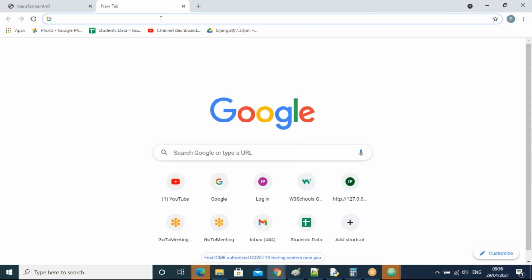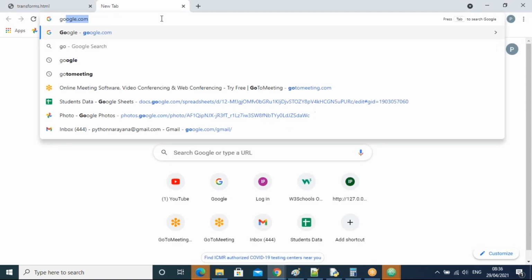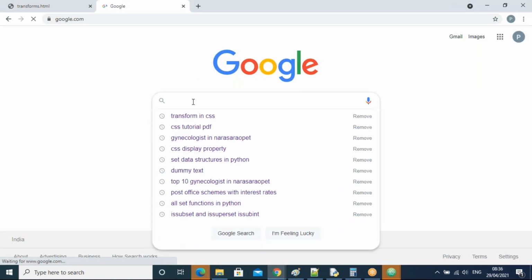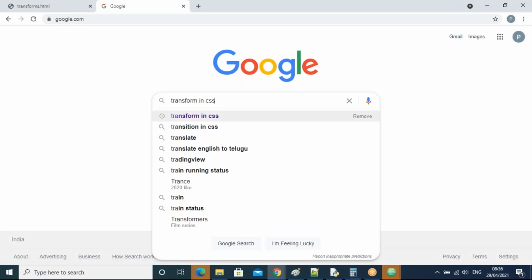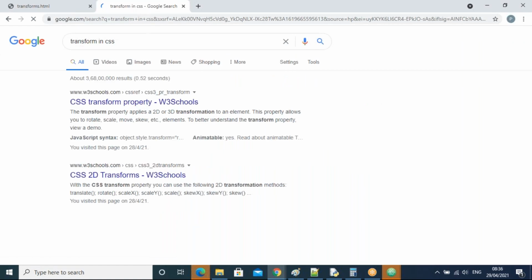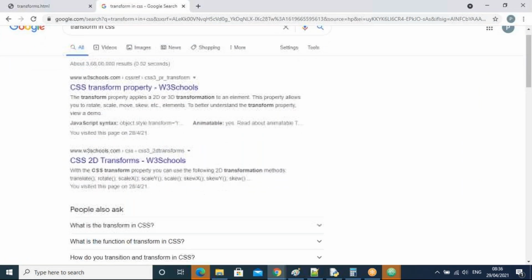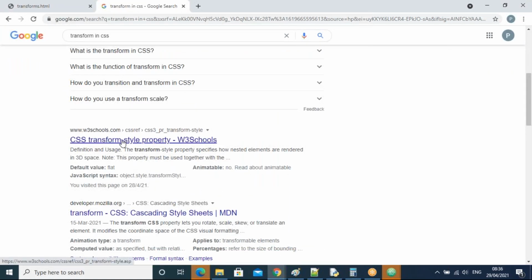One second, let me go to Google and check once whether I'm using it correctly or not. Okay, CSS transform, yes, the CSS property. Whatever you take, all is the same as it is.